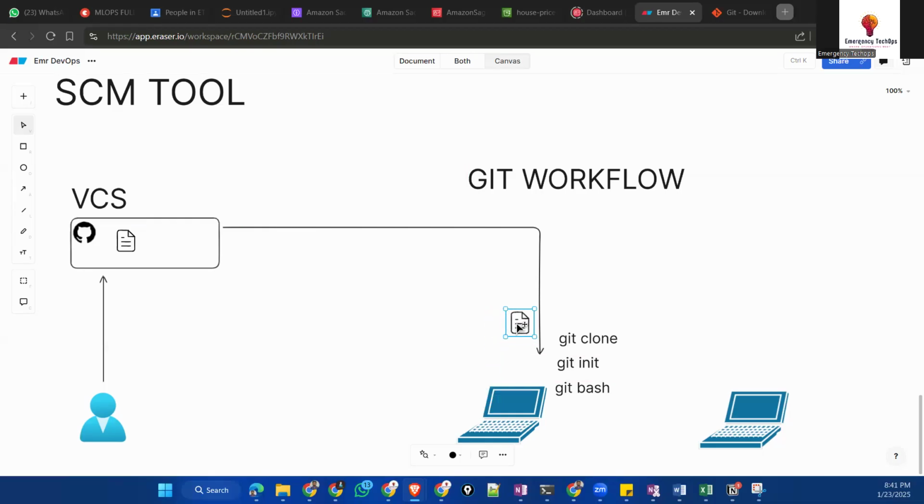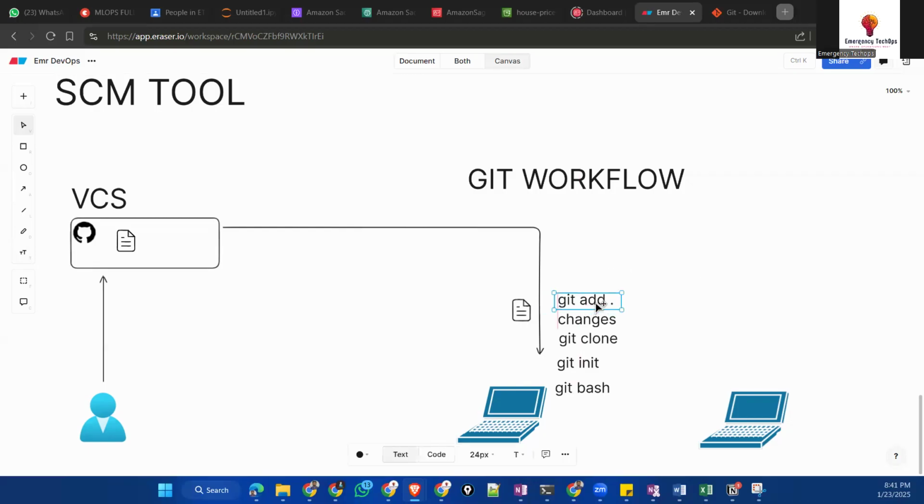And then you have to edit this file. You are a developer and now you are doing some changes in the file. Then you need to save some of the changes temporarily. You need to say, I want to save it temporarily: git add dot.